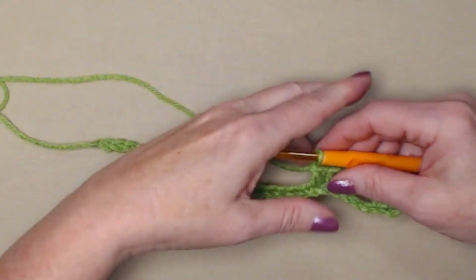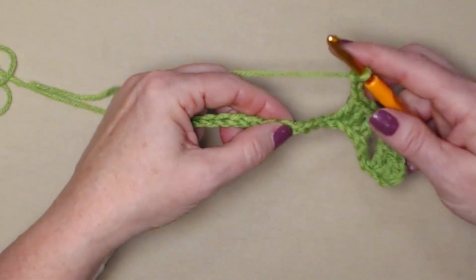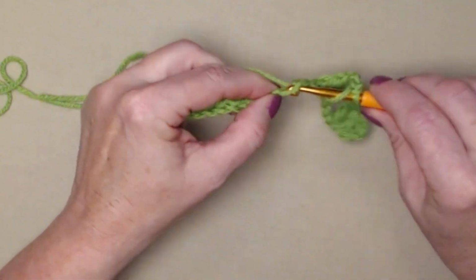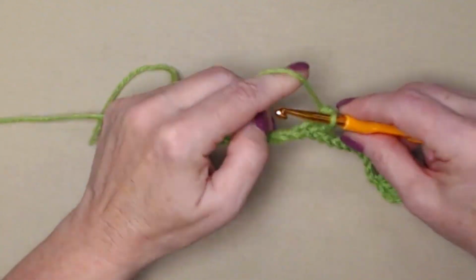Now we're going to repeat that. Chain 3, skip 3, 1, 2, 3, and double crochet in the next 3 stitches. 1, 2,